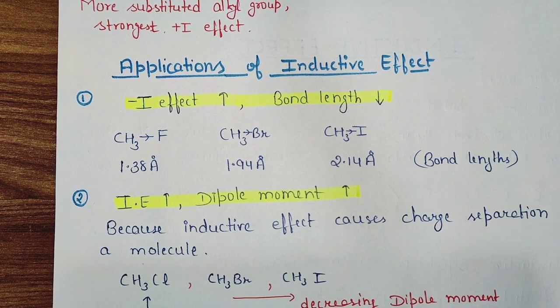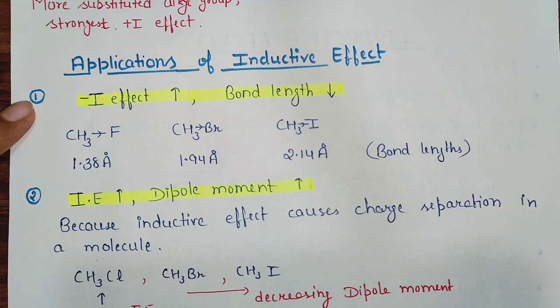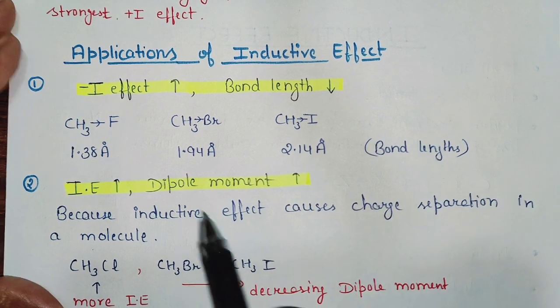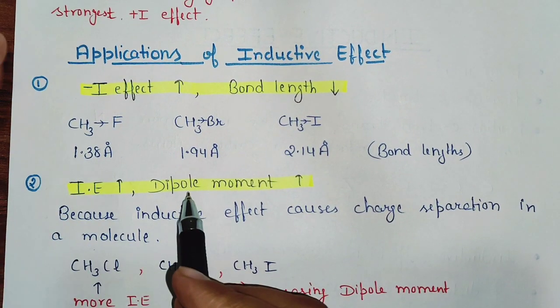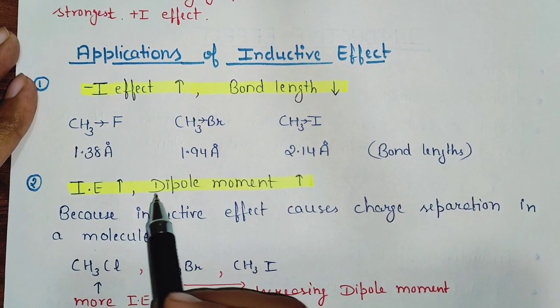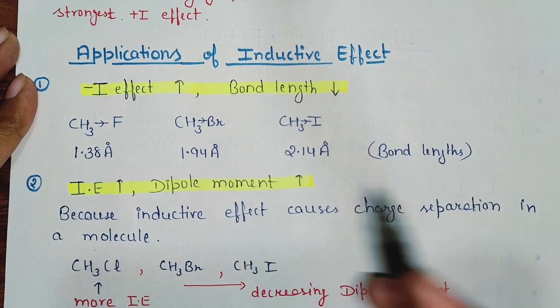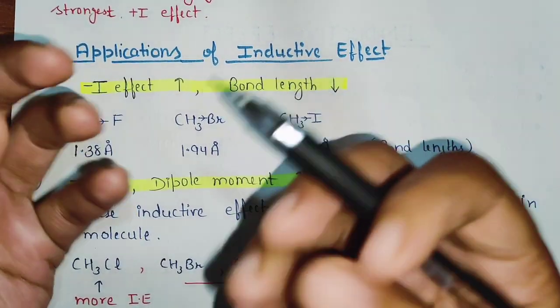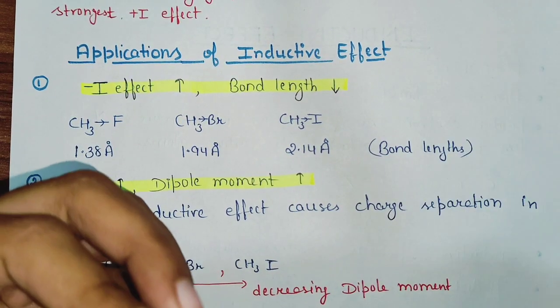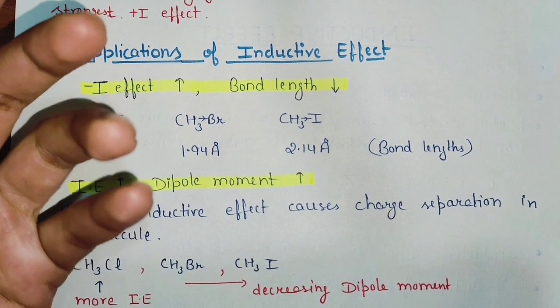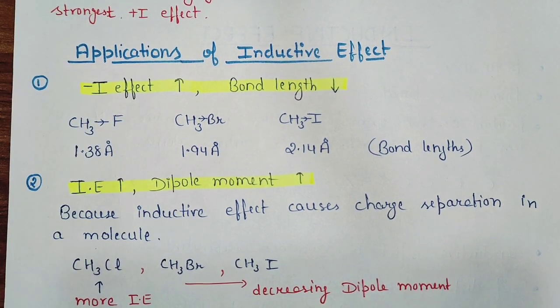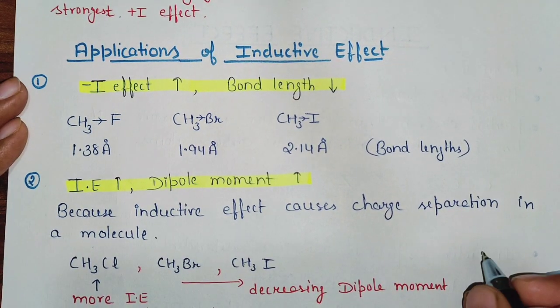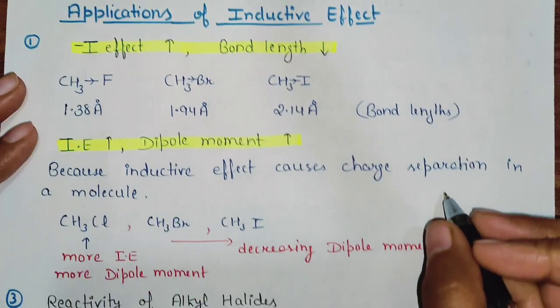What is dipole moment? First of all, this question arises in our mind. In simple words, dipole moment, look at this word dipole, means two different poles. That means a less electronegative atom and a more electronegative atom. The charge separation between these two atoms is the dipole. See, as we know, the electronegativity difference,